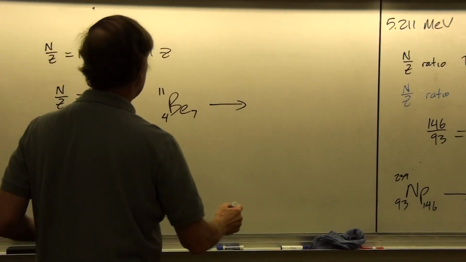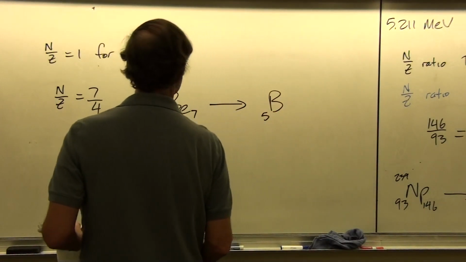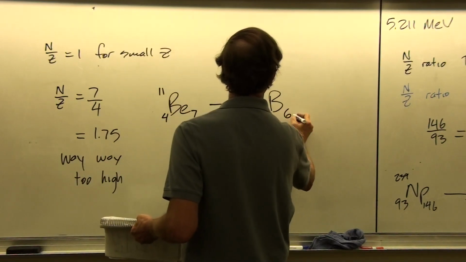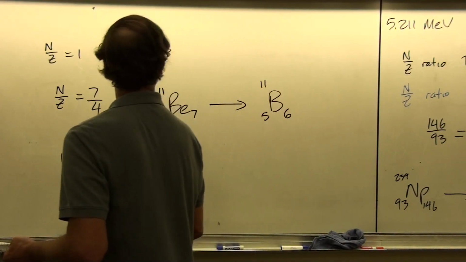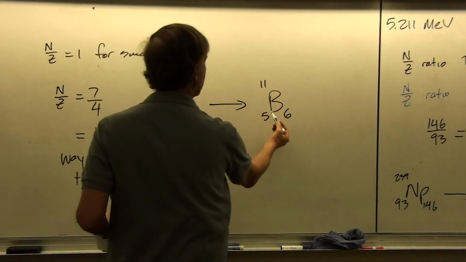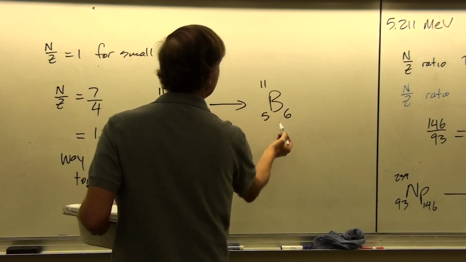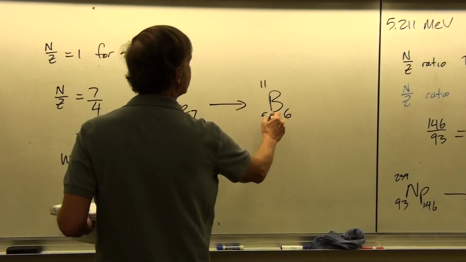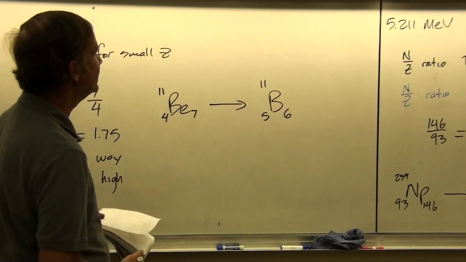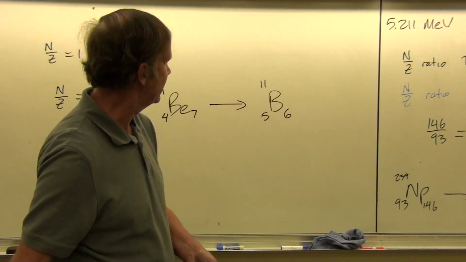So what it could do then is it could change into boron, which is element number 5 on the periodic table. The neutron number would be 6, and the atomic weight would be 11. Now we can see here that that is pretty close to the normal average value for boron. Although N equals Z for the most part, it's not always equal to Z. It turns out that this is the most stable state for boron, to have one more neutron than it has protons in the nucleus.